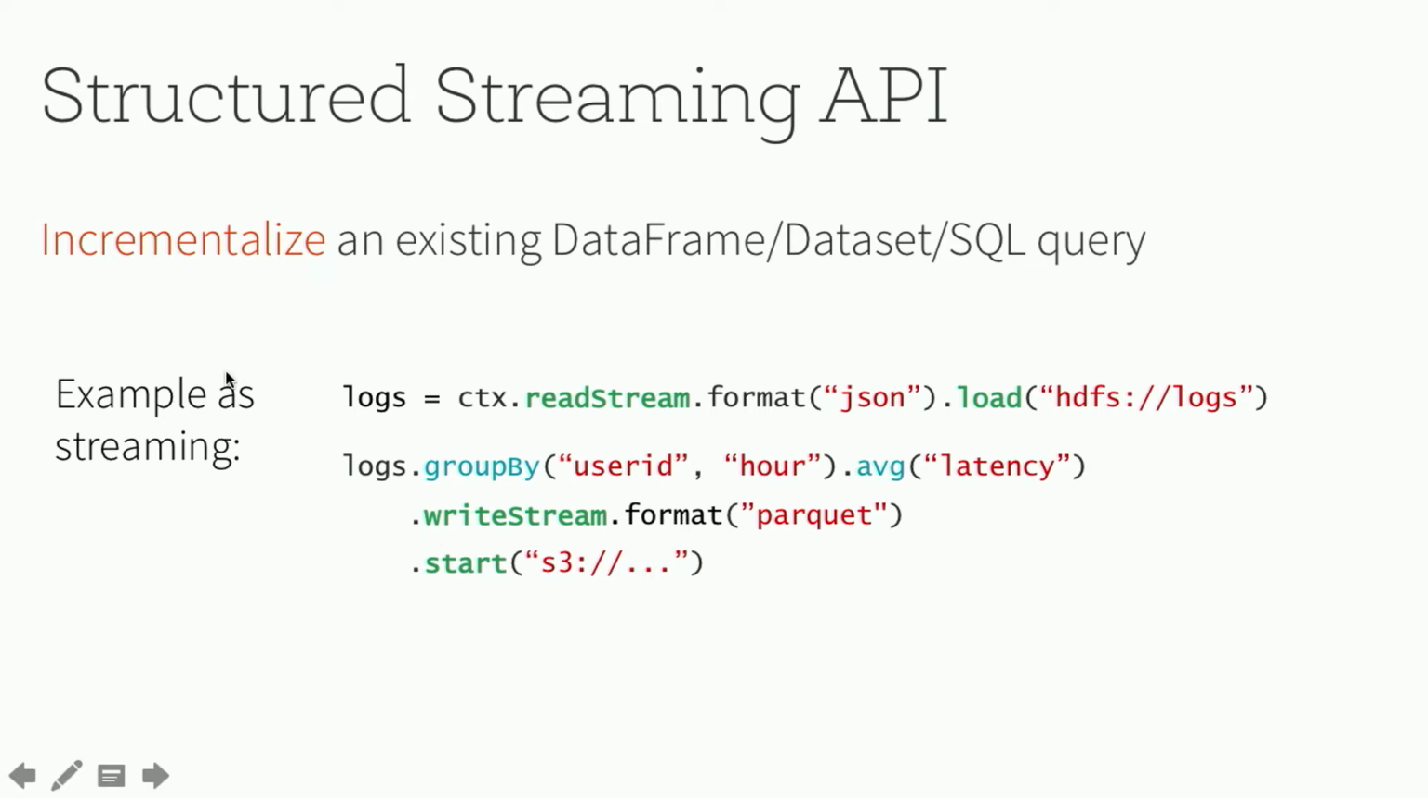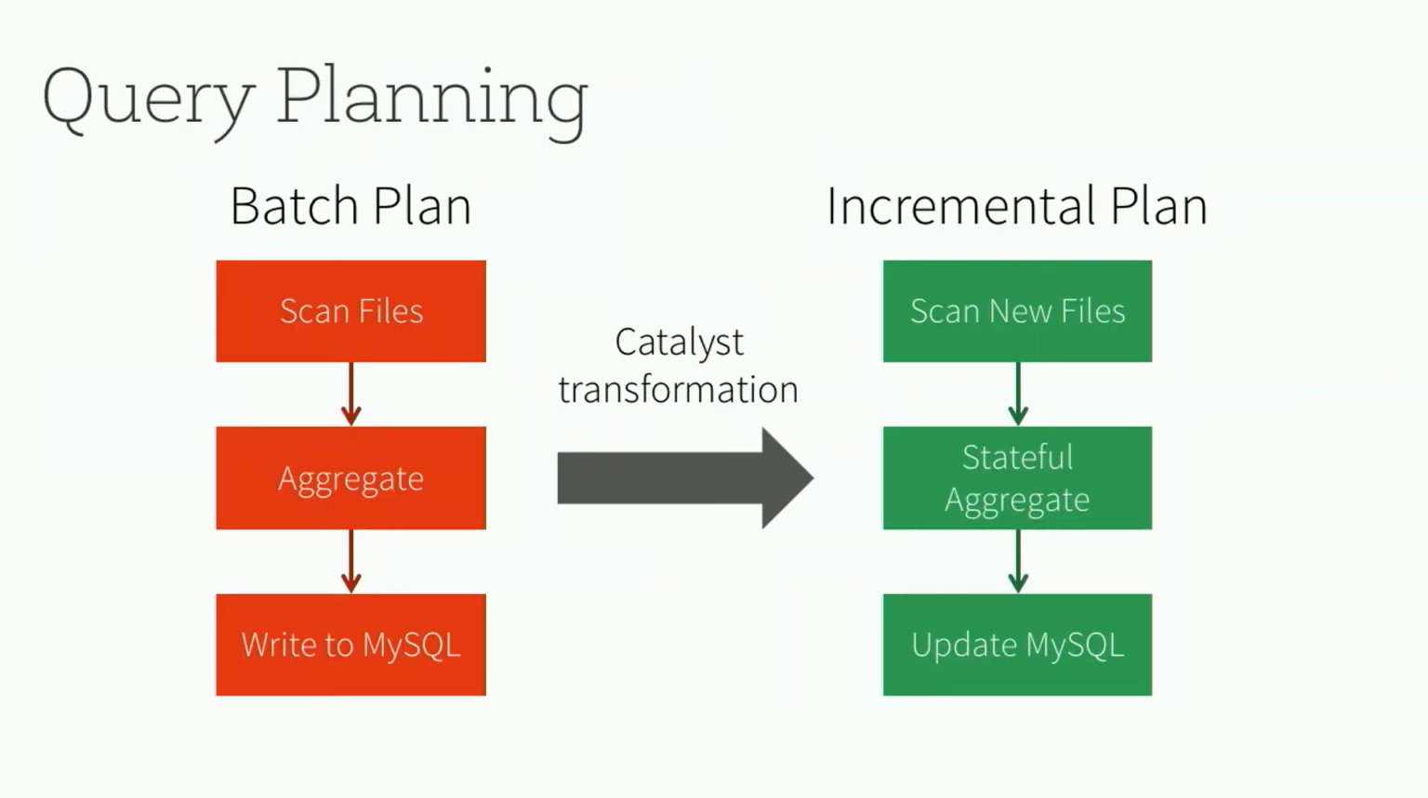And because Spark understands the expressions that you're using in there, it knows how to actually incrementalize the computation for all of them. So what it will do is take this batch query plan that had a bunch of operators and just transform it into an incremental plan that includes keeping track of state and updating this thing, I guess MySQL or S3, updating it transactionally so that you see the right values appear. So it's a pretty powerful